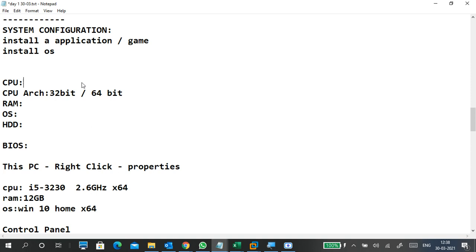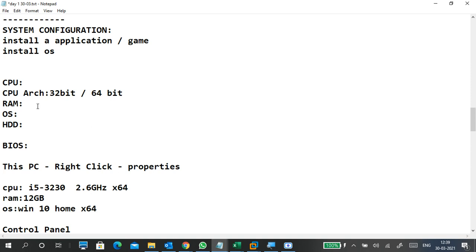Okay, what generation it is, third generation, fourth generation, or 10th generation. Currently 10th generation is running, right? Maybe 11th generation is going to be released, but currently up to 10th generation is released into the market. What type of architecture it is, 32-bit type of CPU or 64-bit type of CPU. So we should check that one.